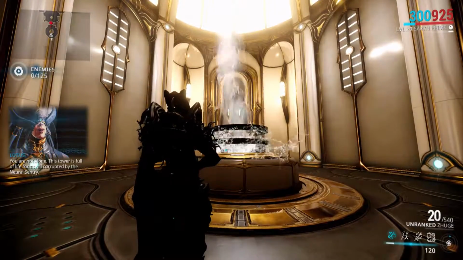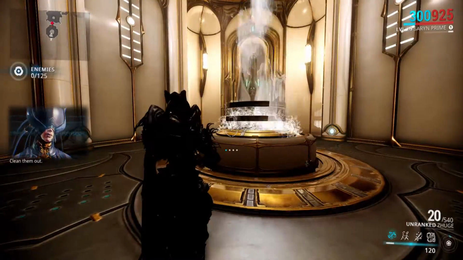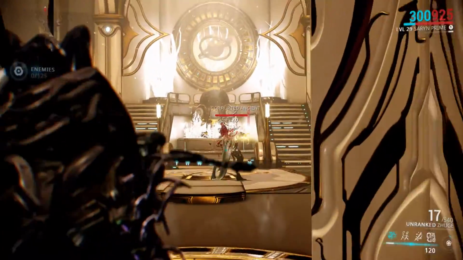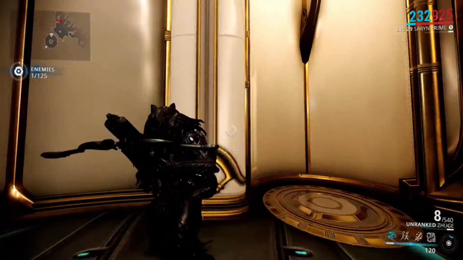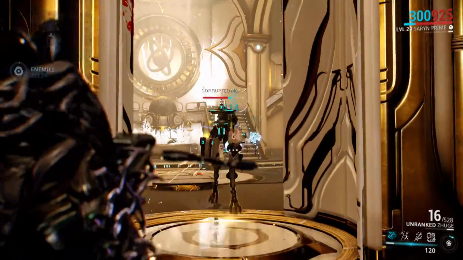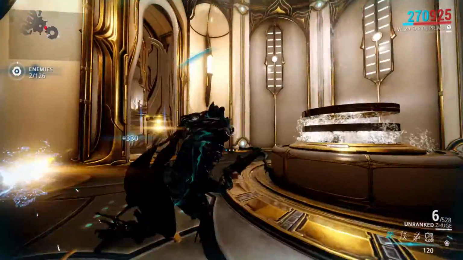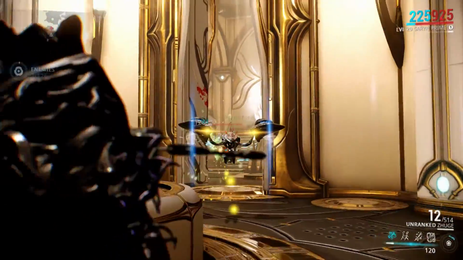Hello, tower Lotus. This is full of life forms, all corrupted by the neural sentry. Clean them out. Sure. Let's exterminate some people. Pew pew pew pew pew pew. Now, how is its reload? Oh, not bad, not bad. I might not even need to put in reload speed in this weapon. It's unranked, so I don't have that much damage in this yet, but